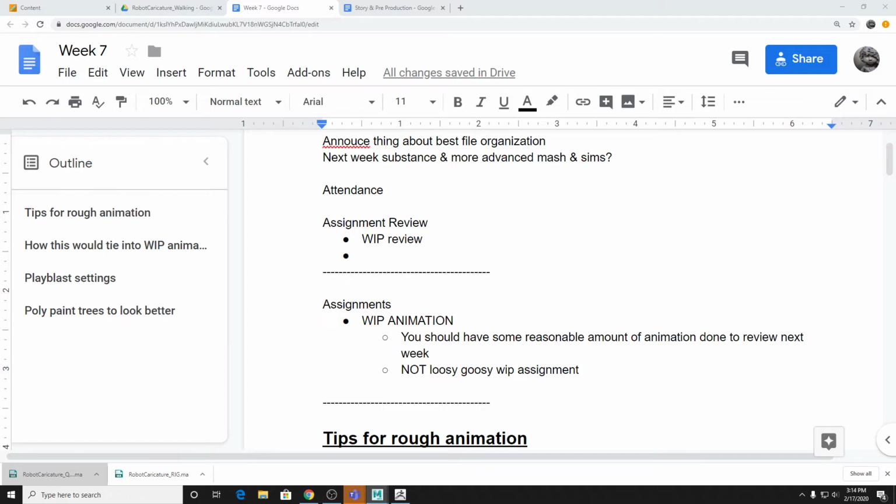So this is my janky walk cycle. It's pretty goofy. The head's kind of like glitching out. The eyes are flipping all over the place. So I'm going to show you a few ways. I'm going to show you some stuff that I did in this animation, as well as 1 or 2 things I usually do to start cleaning up animation. But really quick, I just wanted to show you guys